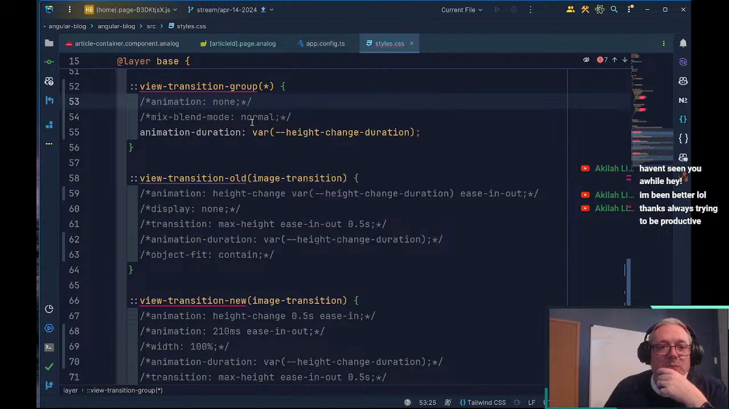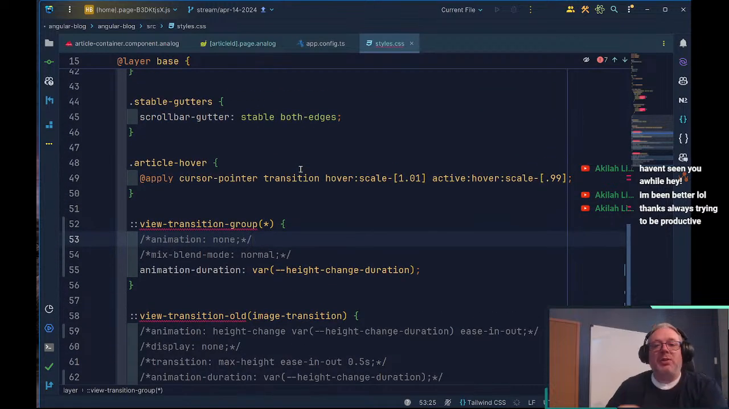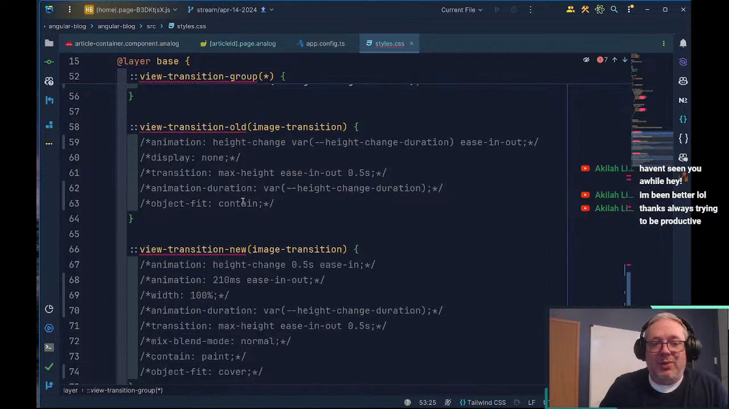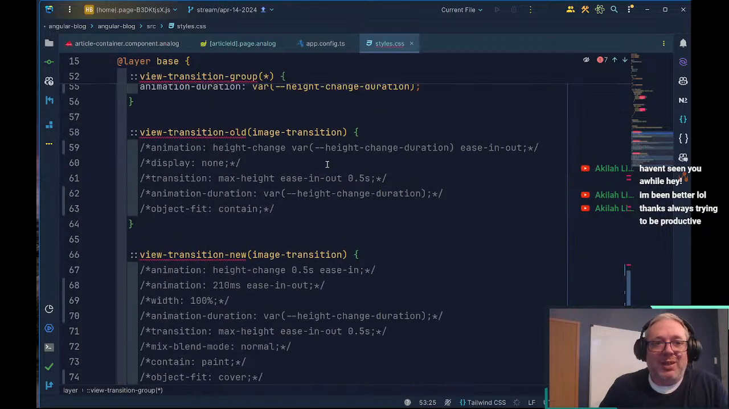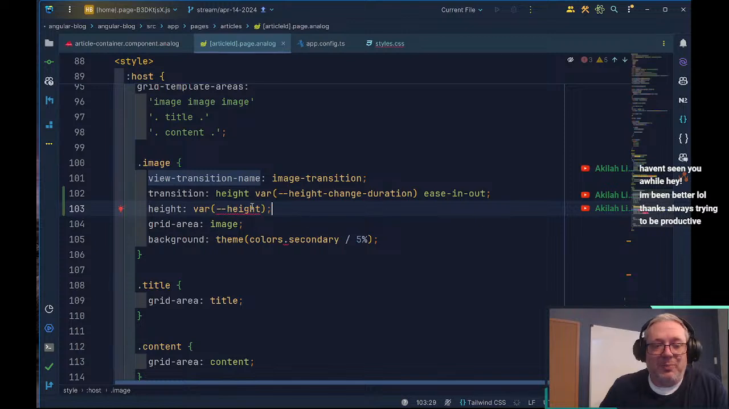I'm curious. Like we don't need the view transition group anymore, and that's part of the issue that we've got. And I've been struggling with this. I'd love to do it with view transition groups, but I mean we could just as easily go look at